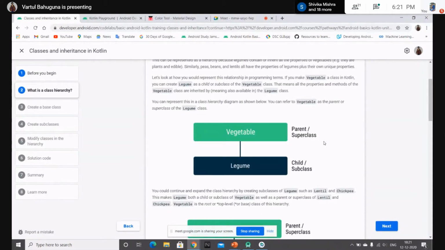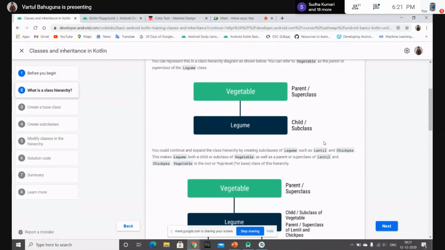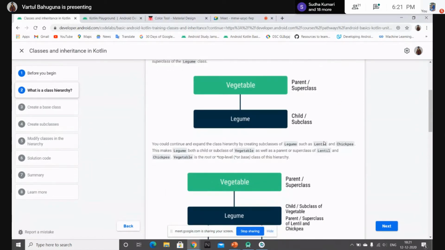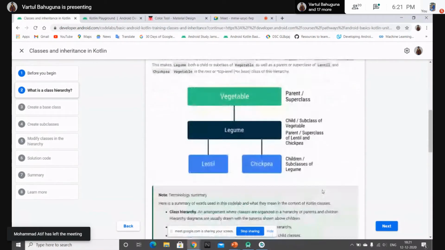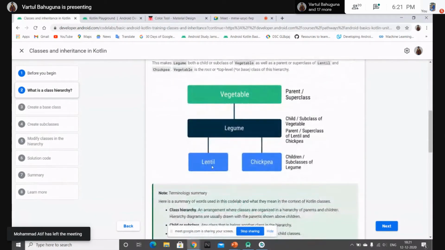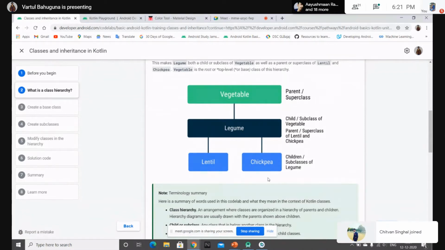Here they have given the example of legume and vegetables. Legume is some sort of vegetable, so legume will come under vegetables. And the two children of legume could be lentil and chickpea, the subclasses of legume. They are types of legume that come under the class legume.